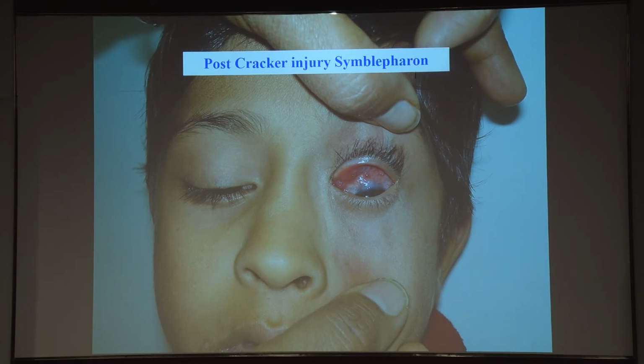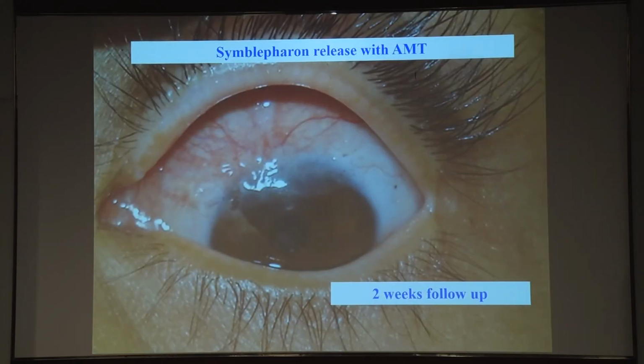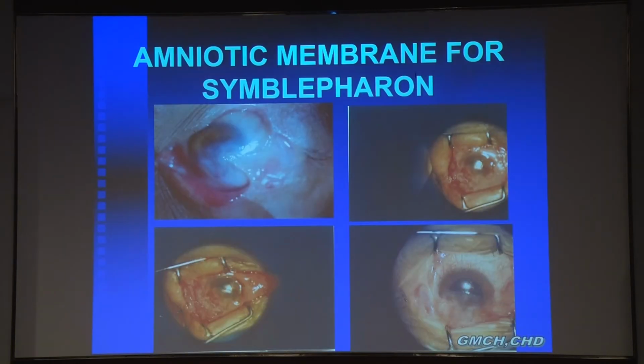This was a 10-year-old child having a firecracker injury. Because of that, he developed extensive symblepharon, and the ocular motility was restricted. After removal of the symblepharon and putting the amniotic membrane, you can see the motility is well restored, and there was a very deep fornix also. Similarly, in symblepharon, all these patients sometimes have a lot of symblepharon due to chemical